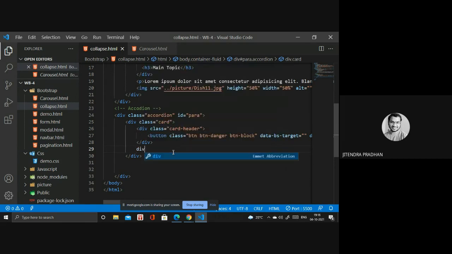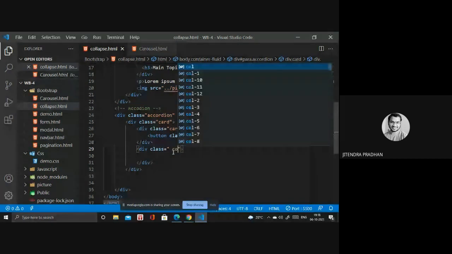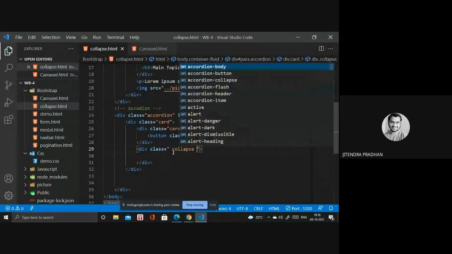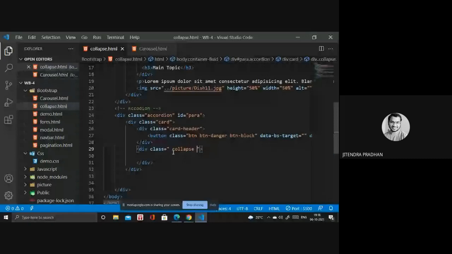Then a div, and inside we have to write the topic class. Inside you have to write collapse. And if you require to show that collapse, then you have to use show inside the class, and you have to write that the id is HTML, okay.